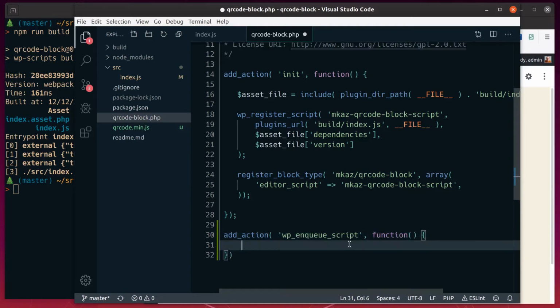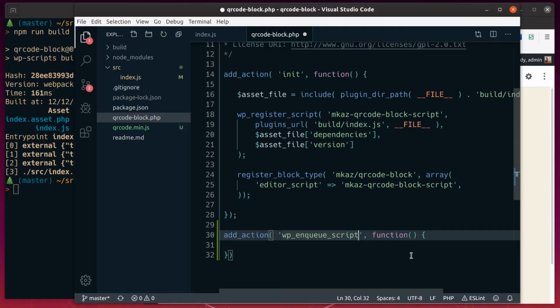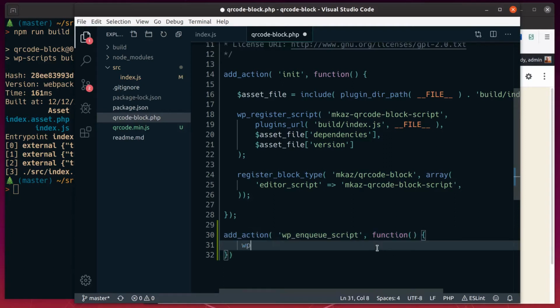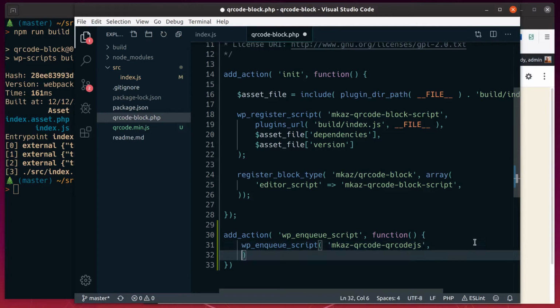We're going to enqueue the script, and I think it might be scripts. Enqueue script, we'll look that up. And then the function here, maybe they're both the same, enqueue script. We need to give it a handle. So this handle we'll call QR code, and then it's going to be that file. This is just our namespace we're using for this plugin. And then this is the file we're going to load. We're going to load the QRCode JS file, and then we are going to load plugins URL, and that's at